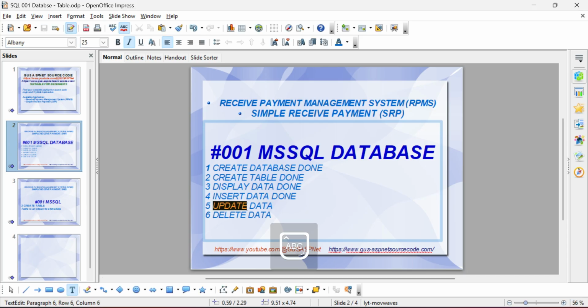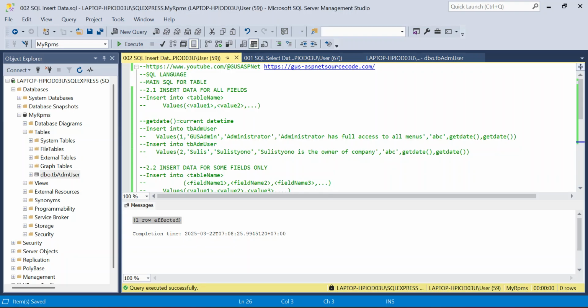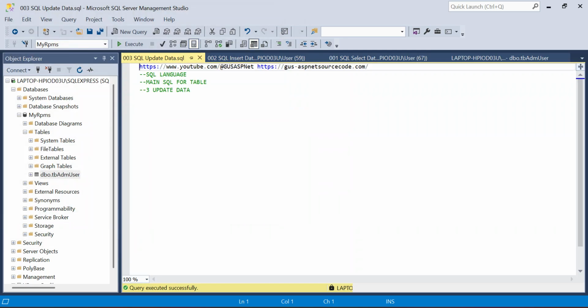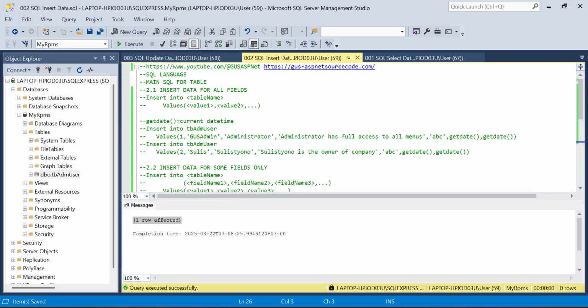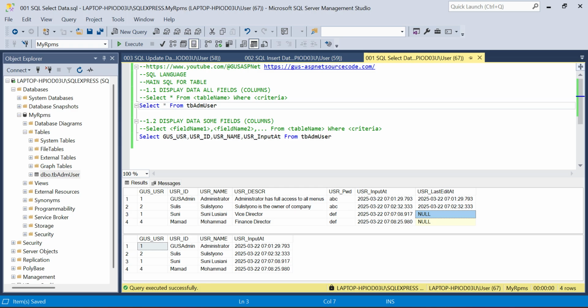Now I will show you how to update data. For example, I want to edit this Sunny. I want to change the value of Goose USR to be 3.